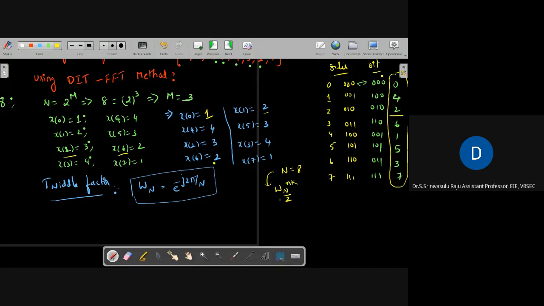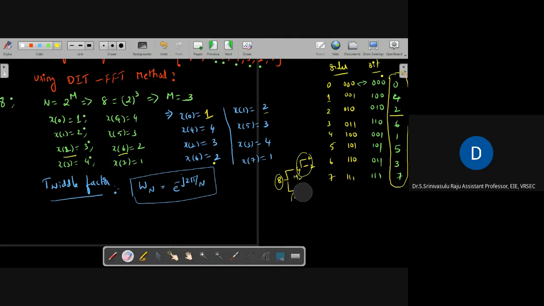For example, if you see here, capital N equal to 8. First step, what we are doing? N is segmented into 4 and 4 blocks. Again, 4 is segmented into 2 blocks. Here we are segmented into 2 and 2 blocks. That means N can be divided into 2 equal parts, that means N by 2 and N by 2. So the fiddle factor or weighting factor of e power minus j 2 pi by N by 2 will be having influence to design the butterflies.